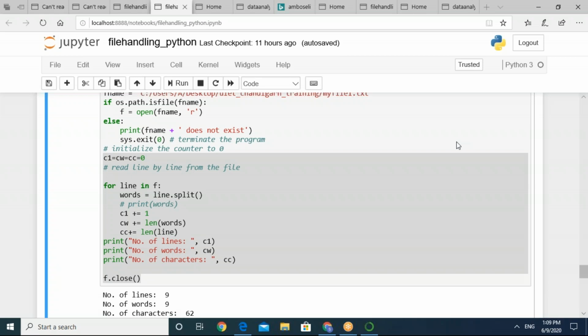But when we come to the advanced concepts like network programming, network analysis, image processing, so all these things can be learned specifically by exploring those documentations. So now I'm taking up the next example.